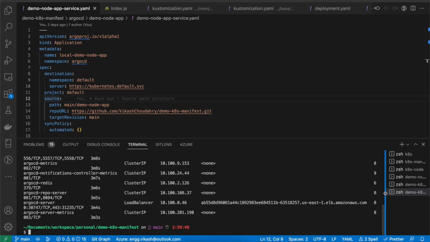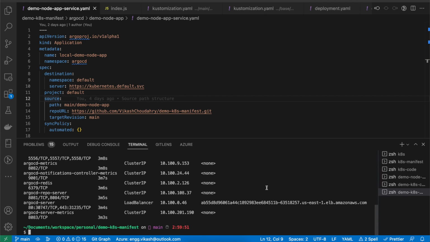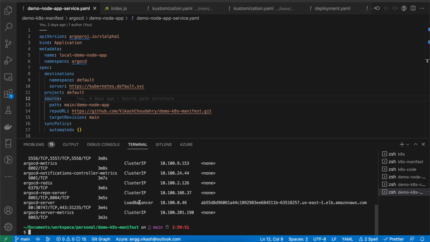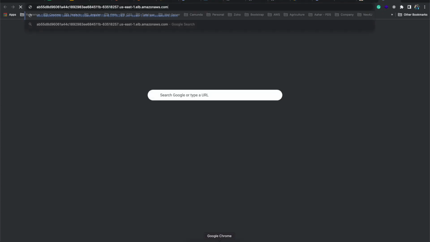let me just minimize these things. Yeah. Now, if you see here, the service type has changed. Here all were cluster IP, and now it has changed to load balancer, right? And as soon as this load balancer is ready, you can simply copy this and hit this. Okay, so basically you are not able to access this because it is still not ready,